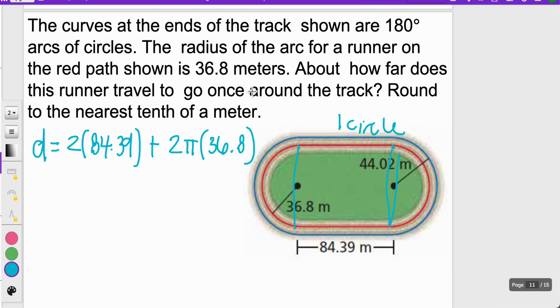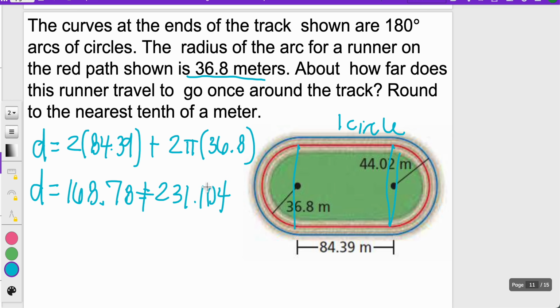Okay, because I want that red path of 36.8. So that would give me about 2 times 84.39. And some of you people who run track, you already probably know the answer to this. Plus 2 times pi times 36.8,